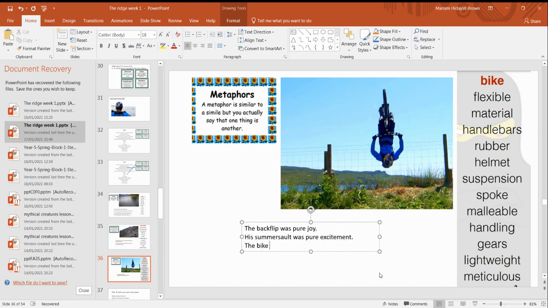The bike was his ticket to another world. So those are examples of metaphors. You are saying that they are something as opposed to saying it is like or similar to.